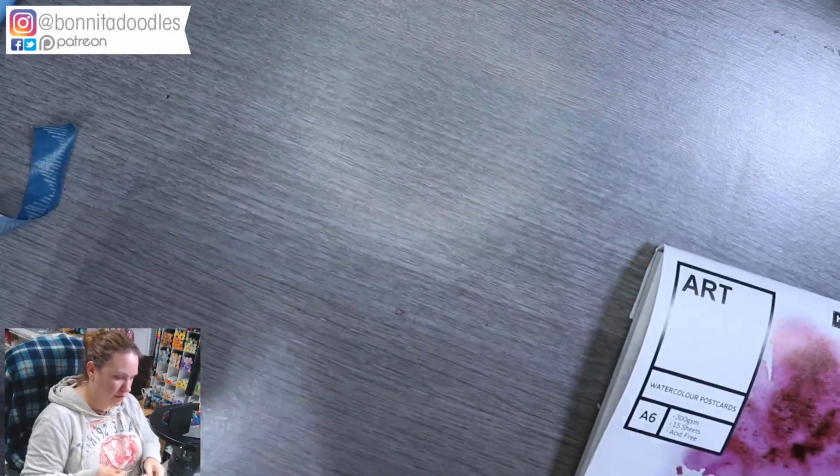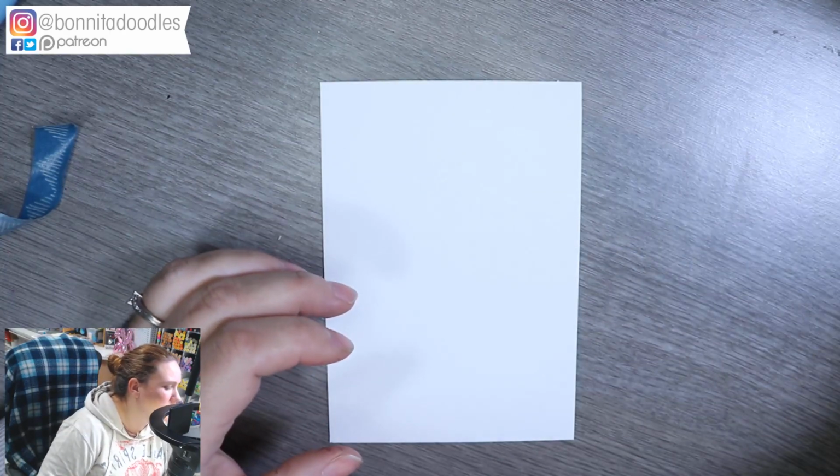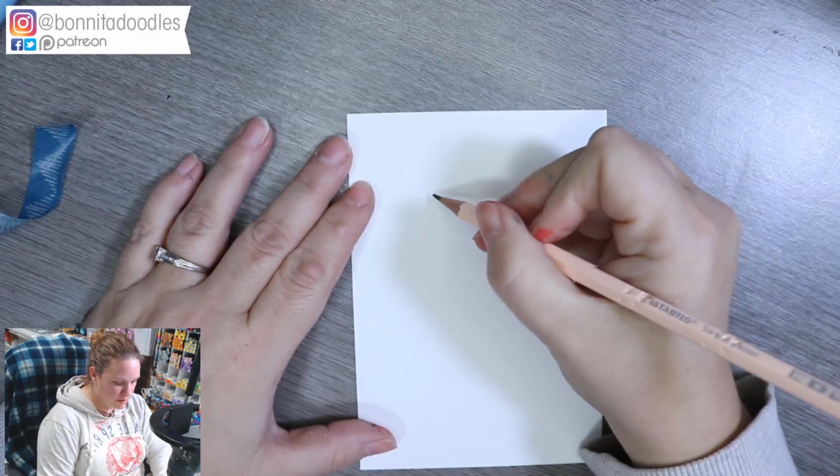Let's test out the other art paper I got today without ruining the corner, which I have straight away. So let's get another sheet and tear it out slowly, Bonnita. Slowly, there we go. And we're going to draw a really simple geode shape. So let's go with... what one do I like the look of? Let's go with...